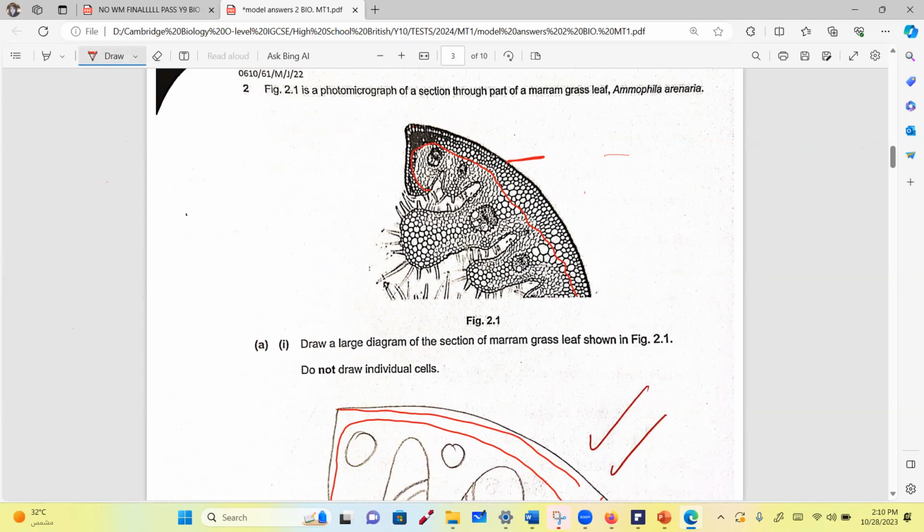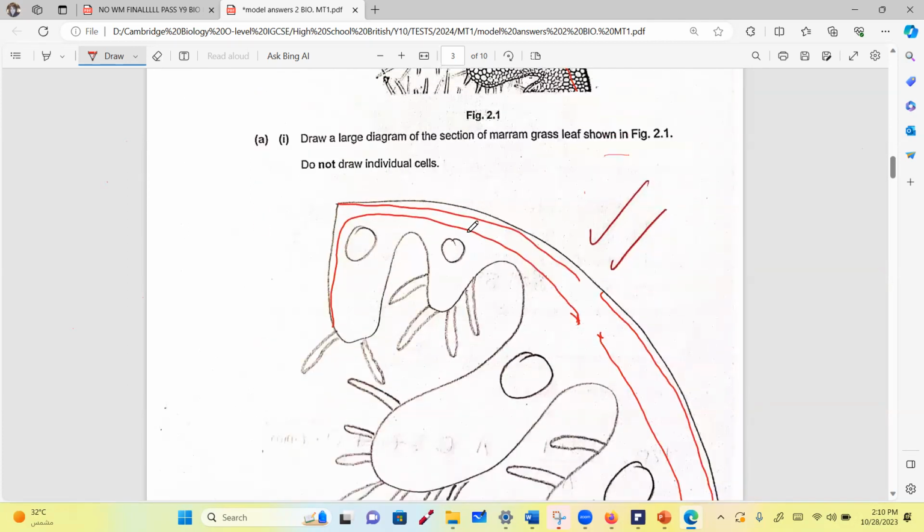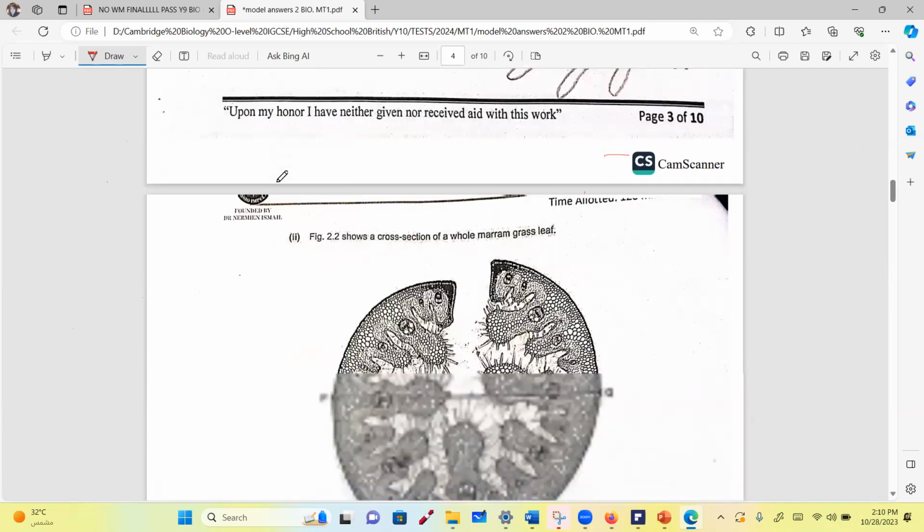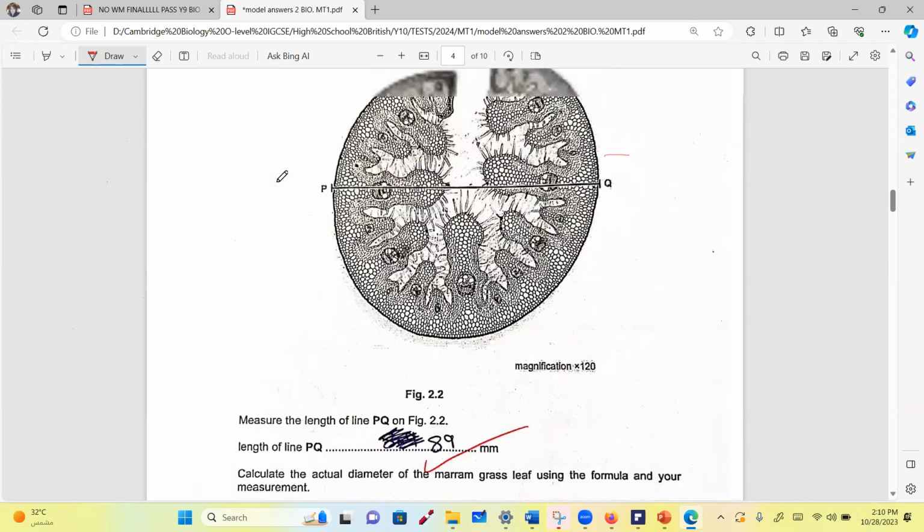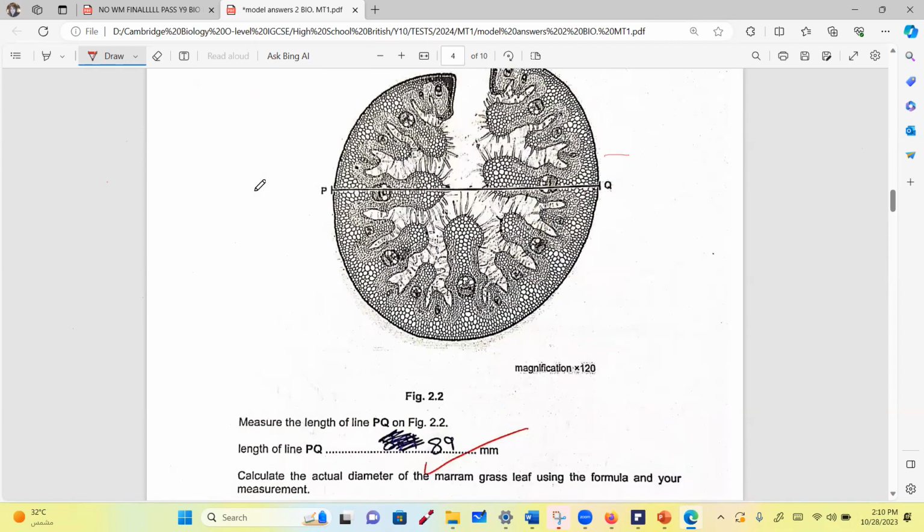And if you go to the mark scheme on the original exam, you will see that you need to show several layers showing the tissue layers. So this was a good picture, but it missed the tissue layers, and you all missed it. So I did not deduct any marks for this picture. Now, this was also very easy, magnification. You all measured in centimeters, and how did you convert to millimeters?